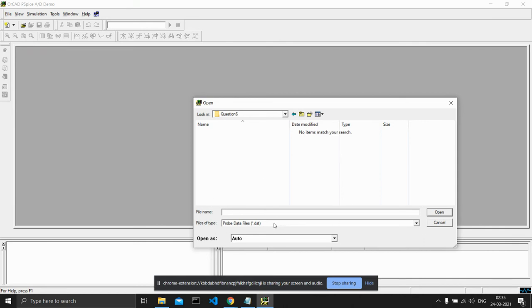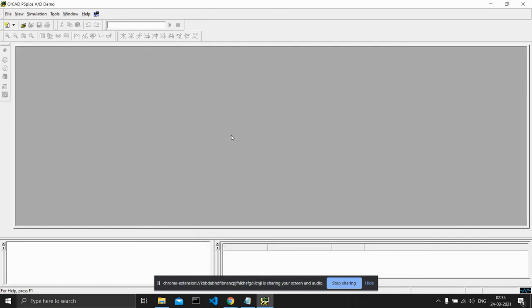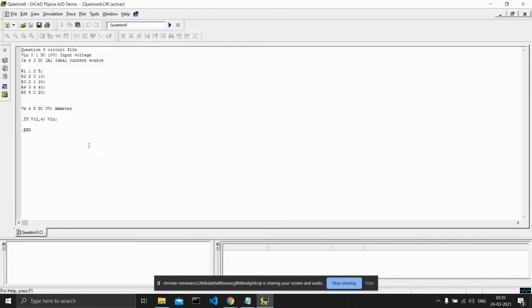You cannot see it because the file type is different. You go on circuit files, you open this, circuit file opens, then you go on simulation, and you can run simulation. You'll see here the simulation is complete, and everything is calculated. If there is an error in your code, you'll see an error here.